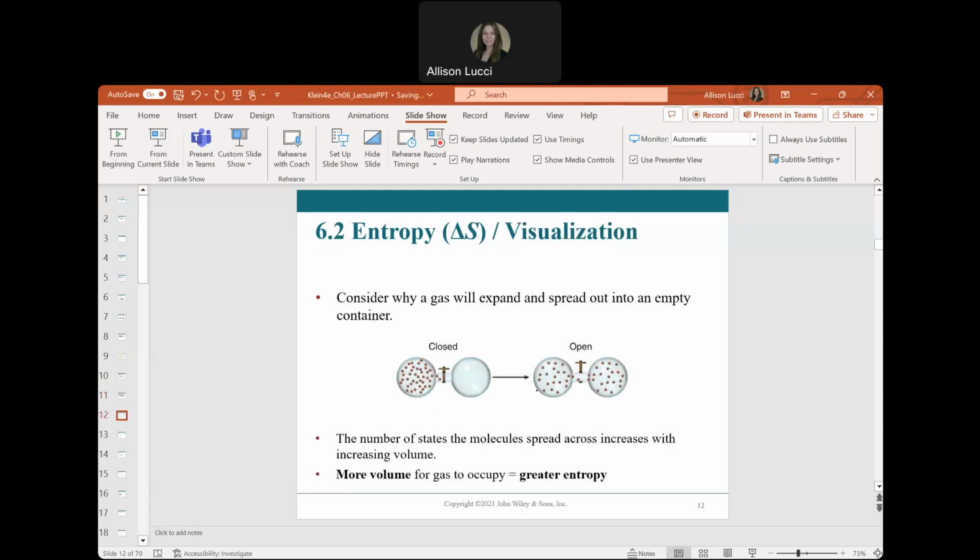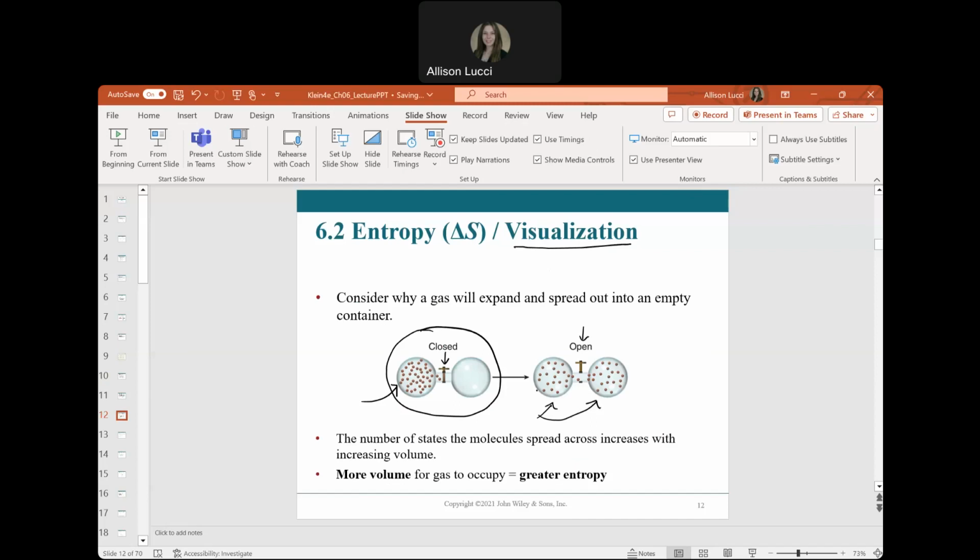A way that is commonly used to visualize entropy, right? We'll look at this visualization here. We have these two vessels that are separated by a valve that is closed on this side here. And there are some gas molecules that are limited to this side of the glass vessels. And when we open that valve in our second scenario here, we see that the gas molecules can move freely